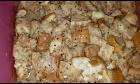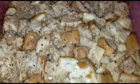Here you go. To bring out the taste, if you have rose water you can add it, but I don't. Now I'm going to add my bread into the mixture, adding it all in. This is the look you will get after you incorporate everything together. I'm going to leave this to soak for about 15 minutes while I grease my pan and get my